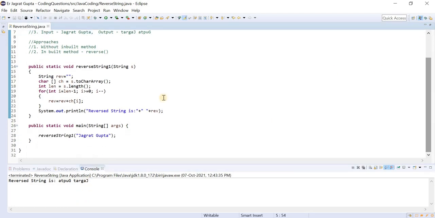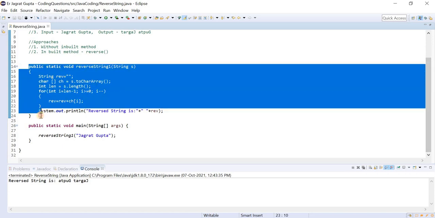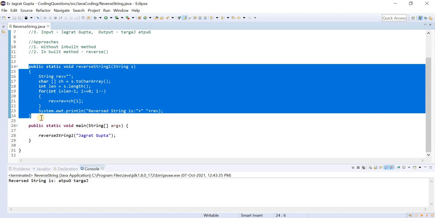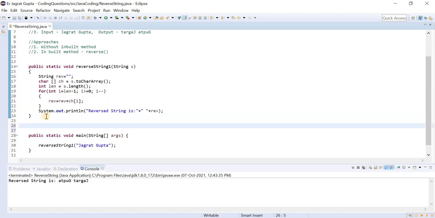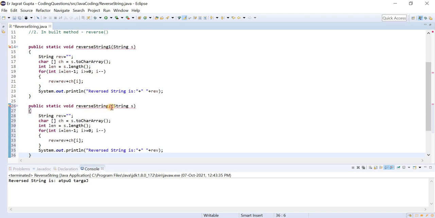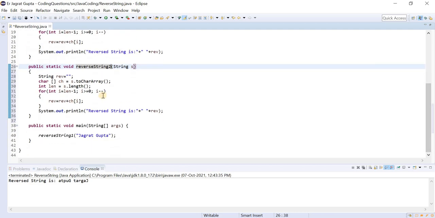Now the second thing is, let me tell you that if you don't want to convert it into a character array, what would be another approach? Let us suppose I don't want to first convert the string into a character array and then process that.